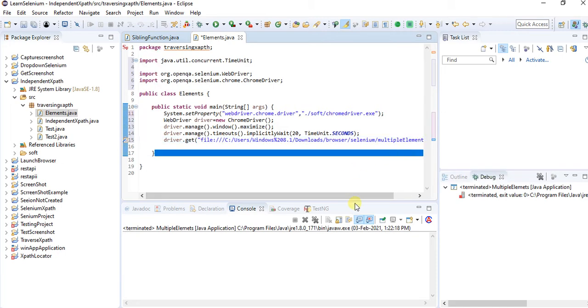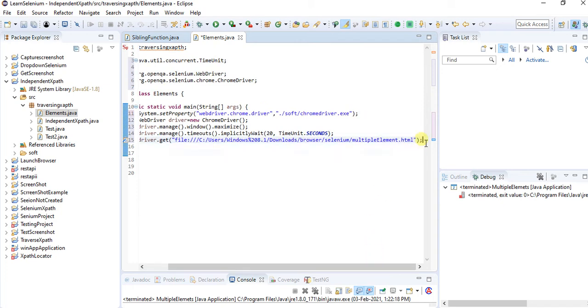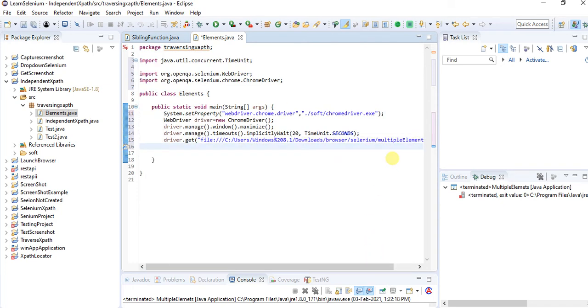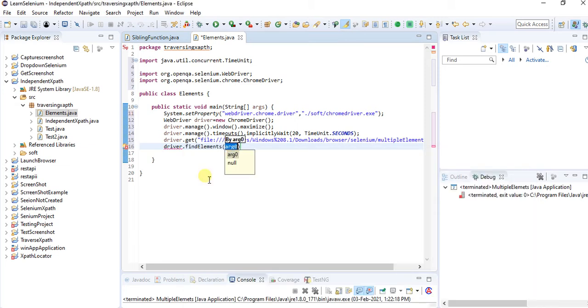Now I will do driver dot. Here I will select the option List of WebElement. I am going to take this option.